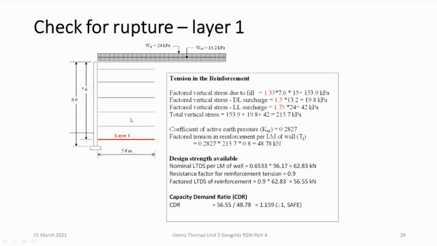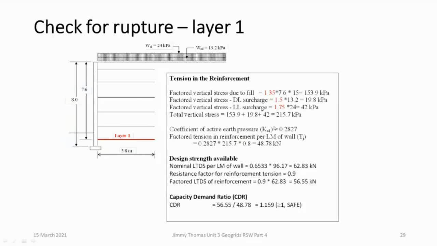Whereas if it was as per BS, we would have taken the weight of this total vertical force, then taken the moments, calculated the eccentricity, and the vertical stress would have been the vertical force divided by L minus 2e. So it would have given a much higher vertical stress. Normally around 20-25% more stress will come. But FHWA simply adds up the weight. That is the procedure. So this is one of the major differences between the BS and FHWA procedures, in how we calculate the vertical stress.